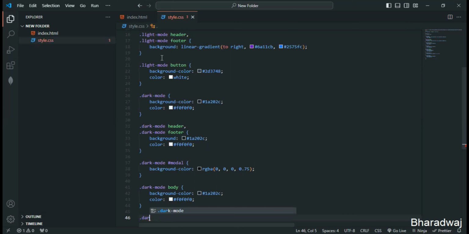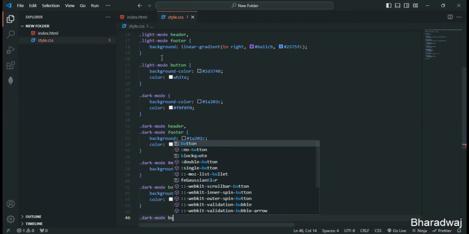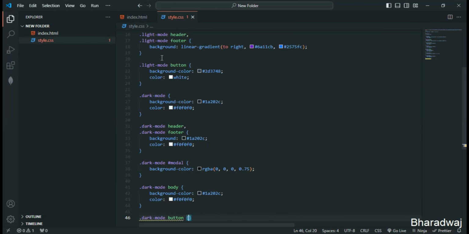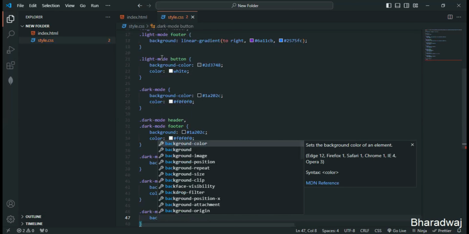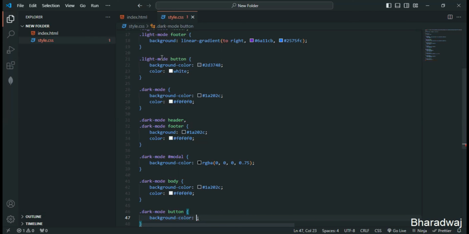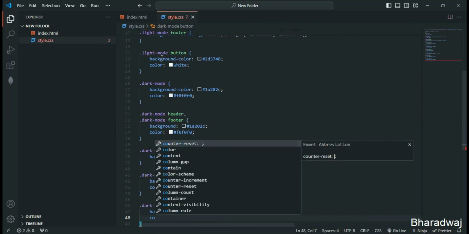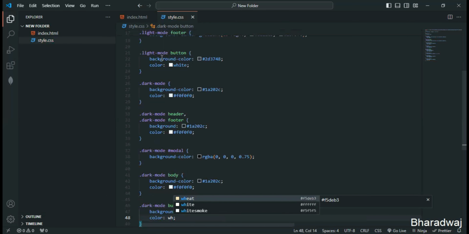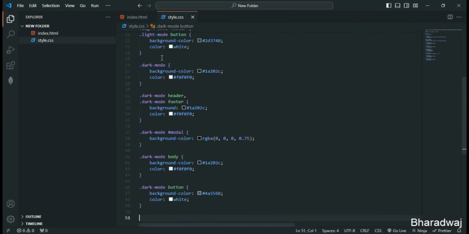So I'll just give dark mode button, background color 5568. Also, let me give color white. So this is it for the button. Right. Next, we'll style for the